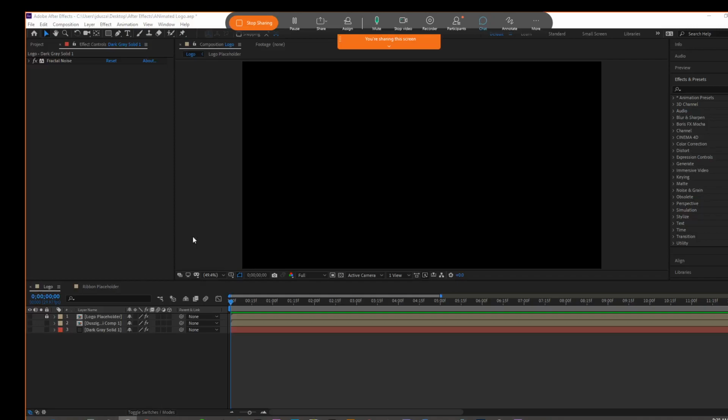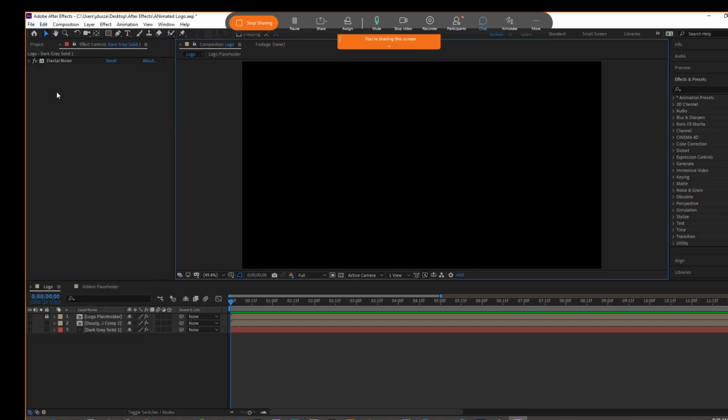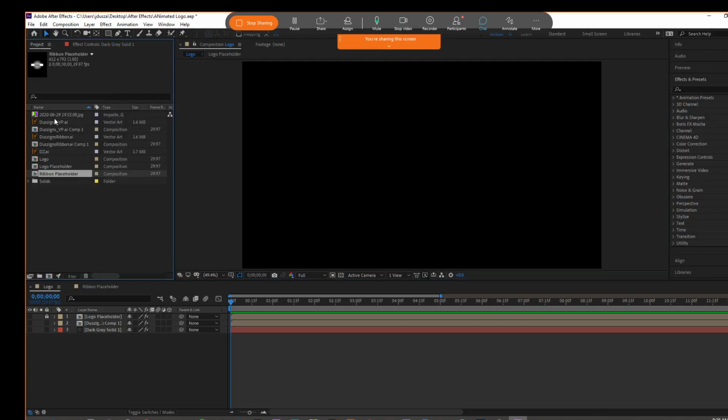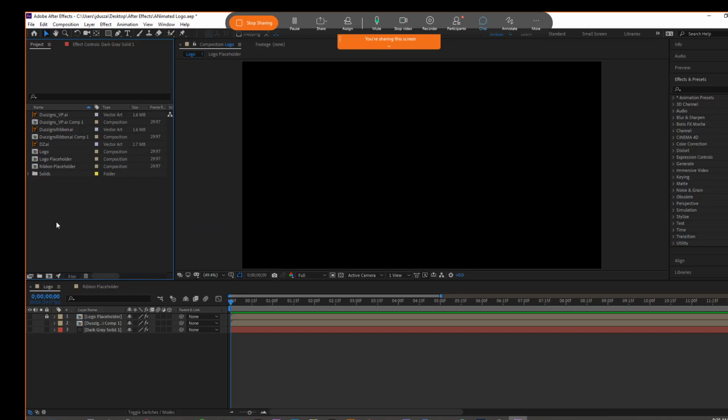Quicker or concise. So when we start and we open After Effects, first thing we want to do is import our assets. So we have our project panel. Let me get rid of some of these things that we're missing. Just like in Premiere, you can right click and select import. You would choose your files. Once they are in your project panel, then you can drag them onto your